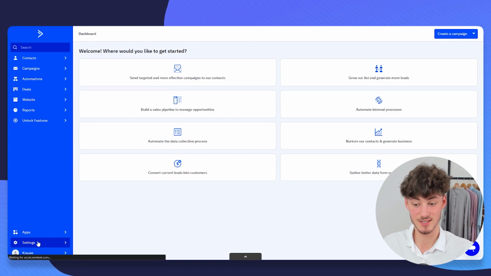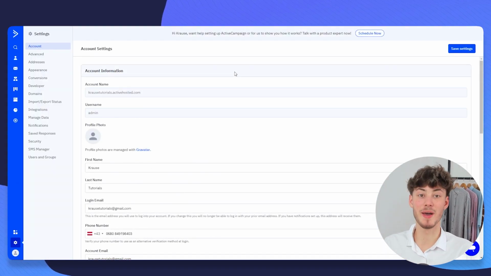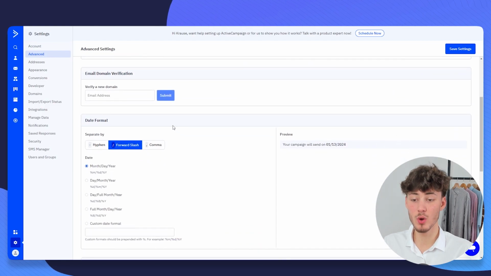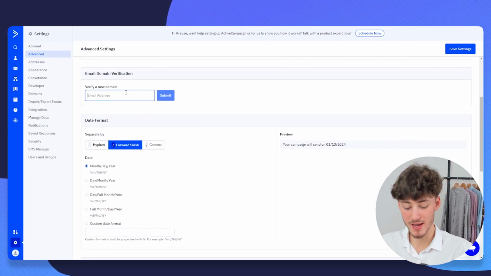Either way, before we dive into all of the features, we are firstly going to click on settings right here on the bottom left, because we will have to set up some basics before we can actually send out emails. So right here, head over to advanced, and then we will want to add our own custom domain onto this. So in my case, this would be